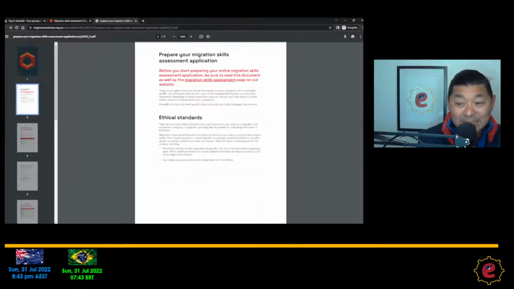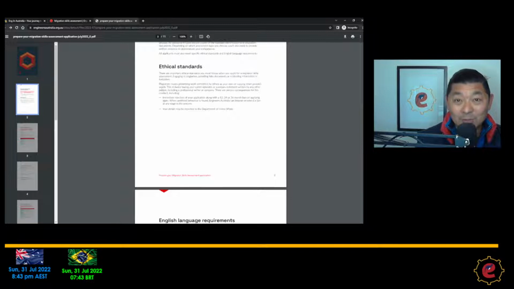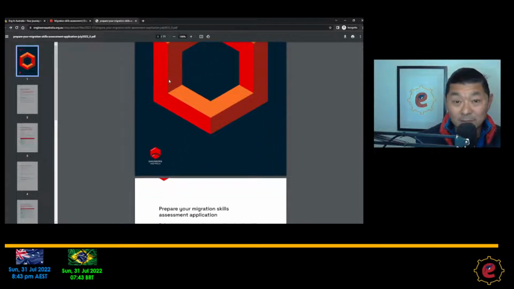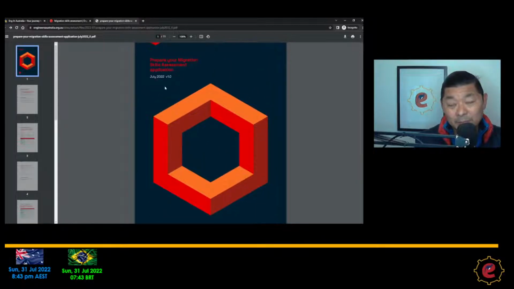But because of the links, when you expand those links, you will have more pages. You can find the new booklet here, version from July 2022, version 1.0. So that is the updated version. When you are looking to understand more about the booklet, please go to the new version and make sure that you follow the July 2022.